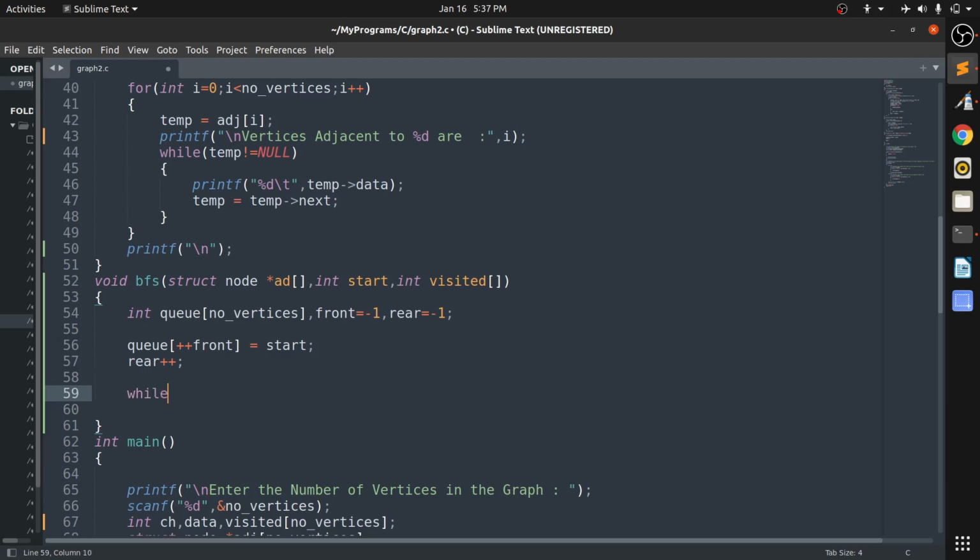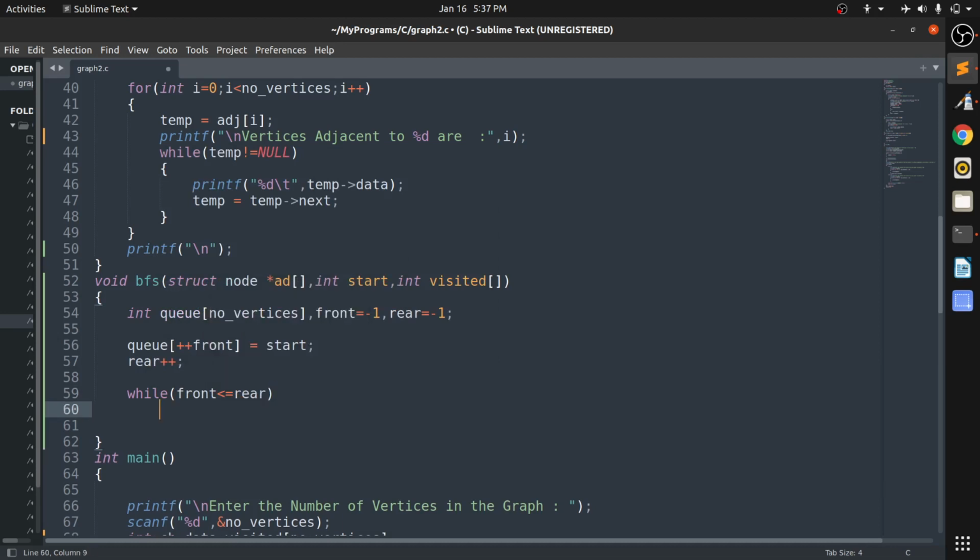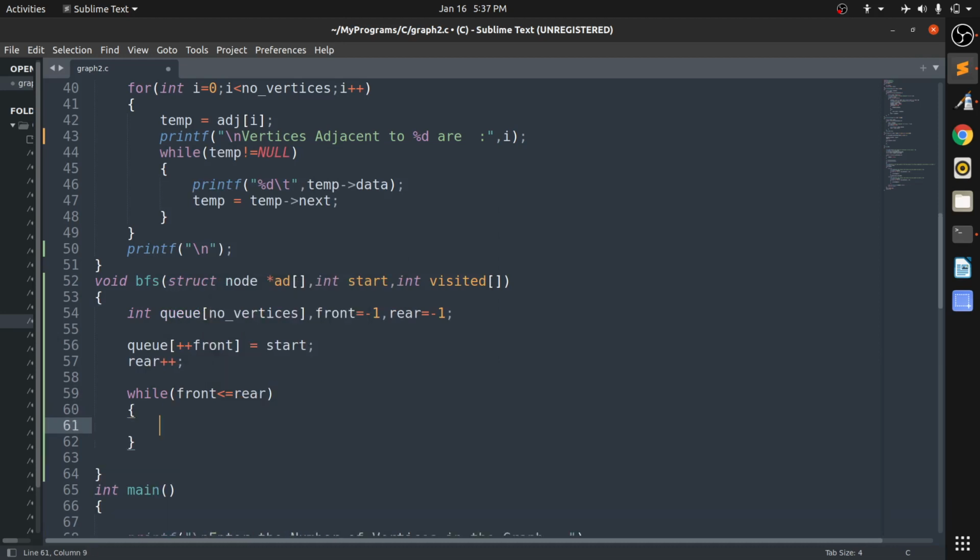adjacency matrix, while the queue is not empty, so while front is equal to or less than rear. So while front is equal to or less than rear, what we are going to do is we are taking one element from the queue and deleting it and printing it.